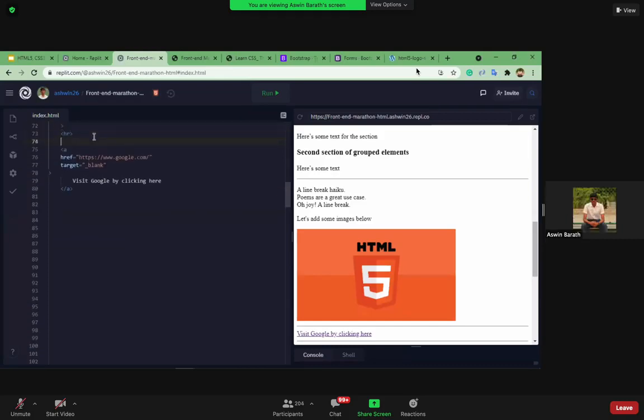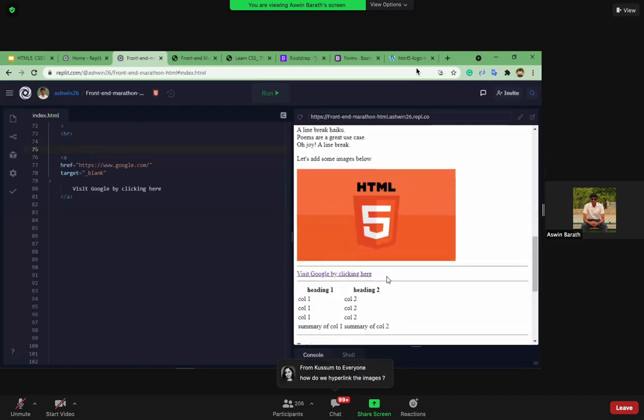Okay, someone's asking about why do we use the A tag? So A tag is nothing but anchor tags. That's what we discussed, right? So whenever we want to provide a link inside a website, we use anchor tags. So anchor, in short A, is used inside this HTML. So A stands for anchor over here.